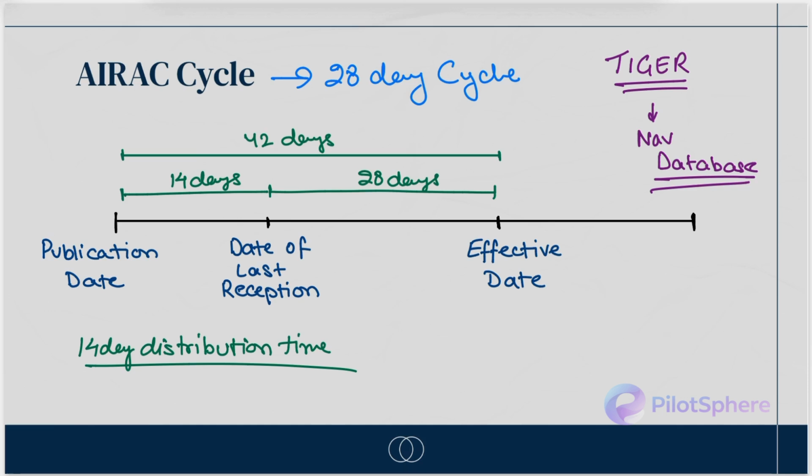Let's take, for example, a new ILS procedure at an XYZ airport. If there is a new procedure or a major change in an instrument procedure, then airlines need some additional time to train their flight crew appropriately for that, to conduct the sim sessions out of the roster, and to make sure that there are some crew at the effective date who are able to carry out that approach, who are able to carry out that instrument procedure. In such circumstances, you will have something known as a double cycle, or 56 days.